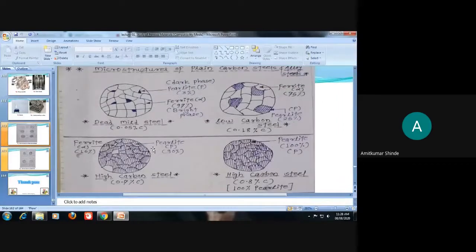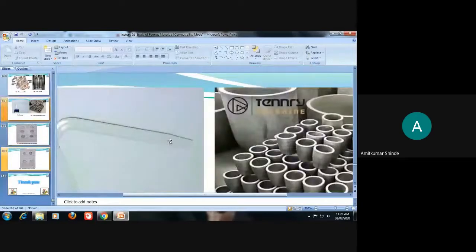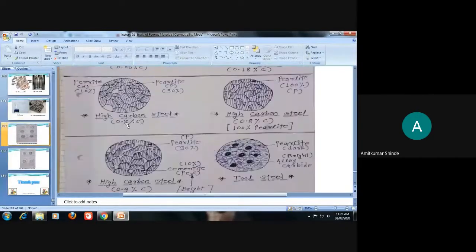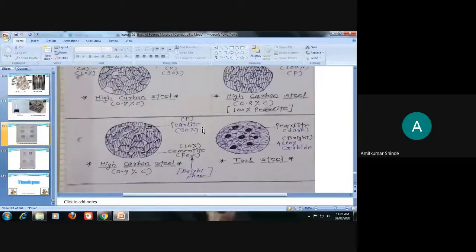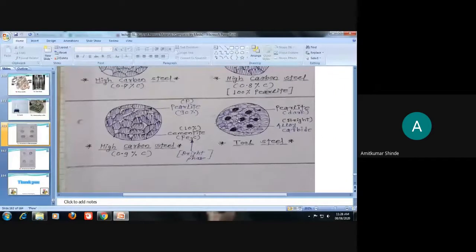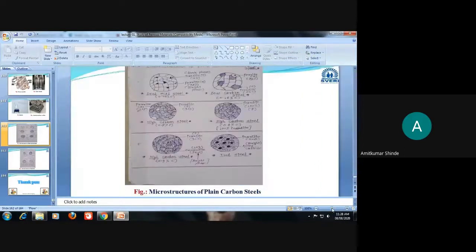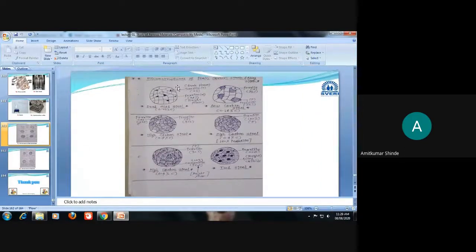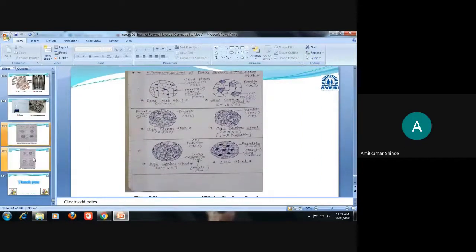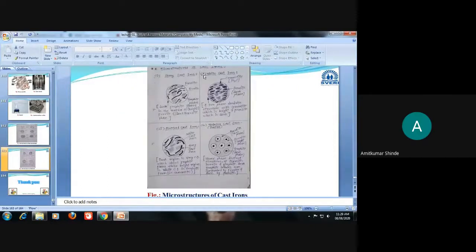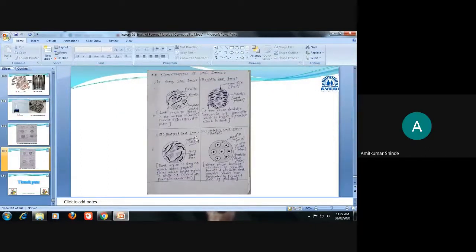So this is the microstructure of low carbon, medium carbon, and high carbon steels. And along with this, in tool steels, dark phase perlite and bright phase of respective carbides will be there. Okay, in this way we have discussed the microstructures of the plain carbon steels, alloy steels, and microstructures of the cast irons, different types of the